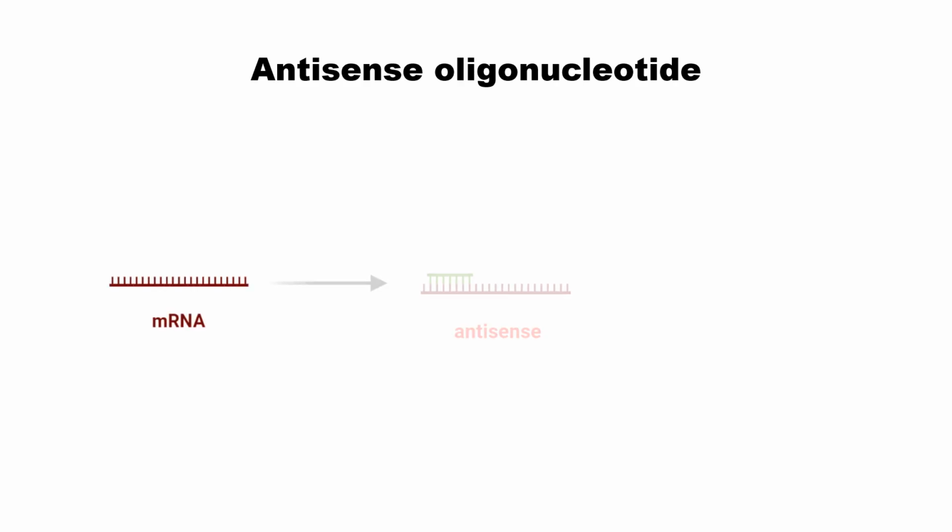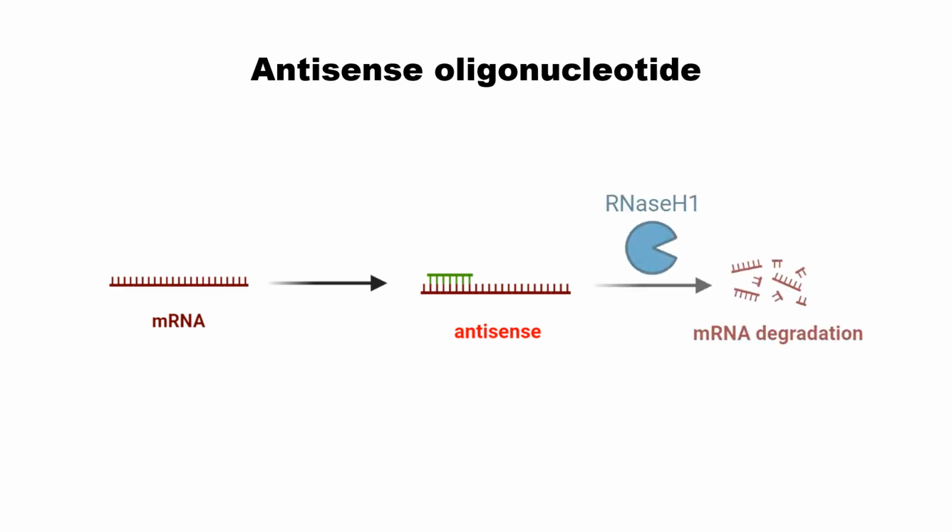To attack the mRNA, one approach is utilizing a short nucleotide, which has a complementary sequence to the mRNA. That complementary sequence is called antisense, because mRNA is a sense strand. Once they form this kind of double helical RNA structure, it can be a target of RNase H1 and be degraded. So mRNA is removed. That's why the target protein cannot be made. So this is a very interesting approach to abolish the synthesis of a target protein.